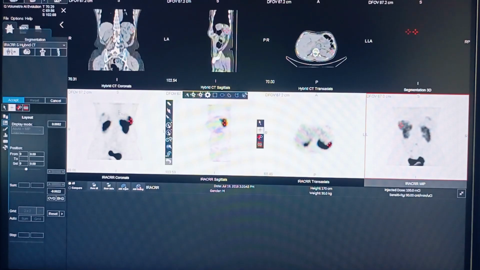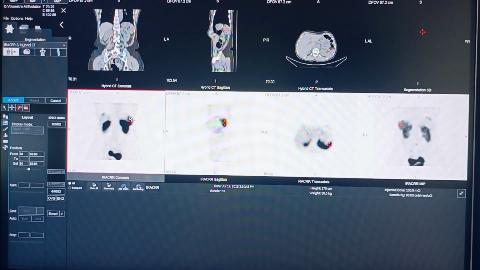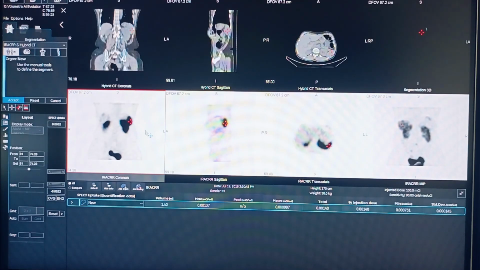So we have the tools here. Let's say use this tool and just click. To select, I think, kidney also. Yeah. So if kidney is selected, you can just